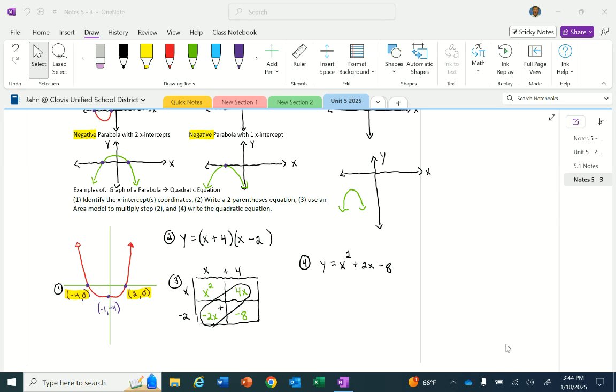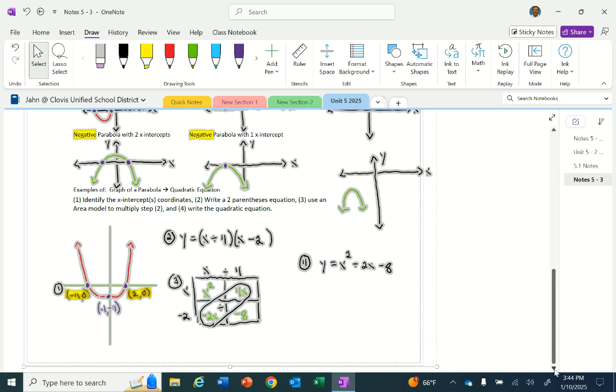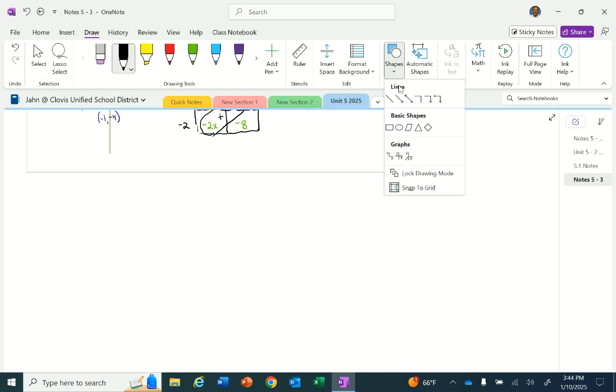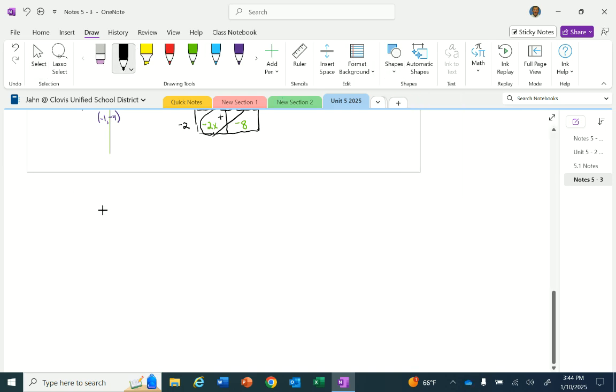Okay, let's do another example so we can see how this works out for us here. Okay, next example. Let's go ahead and draw an x and a y axis on your graph paper. You might have to use the back of the graph paper if you run out of room. That's okay. We're going to do 2 more examples, by the way. Let's go ahead and on this one, let's draw an example of an upwards positive parabola, but that has only one x-intercept,